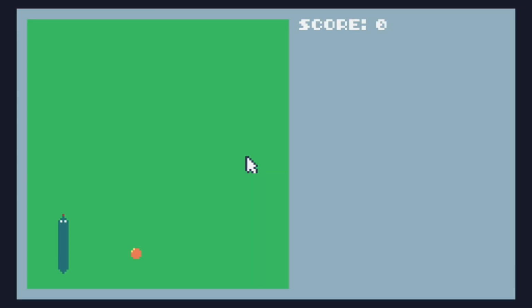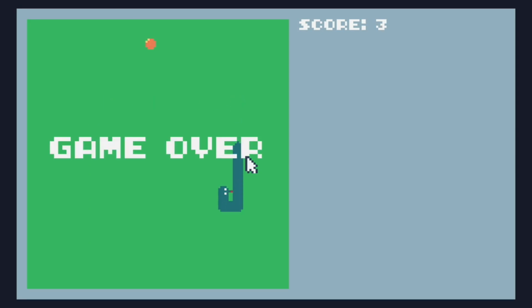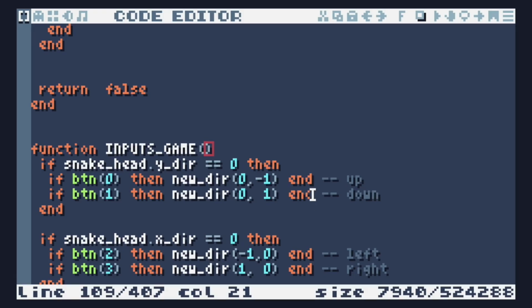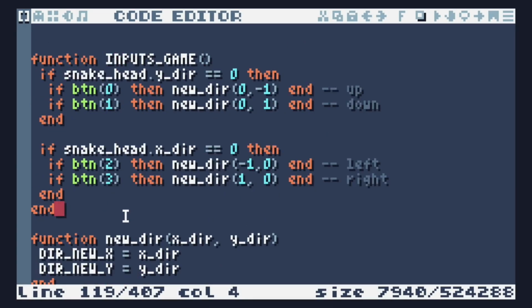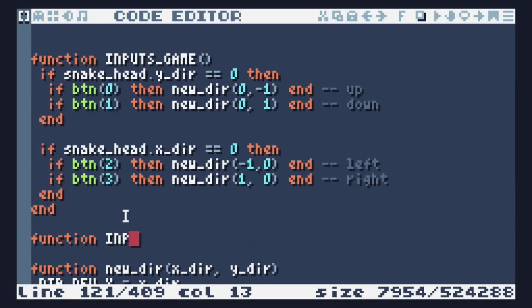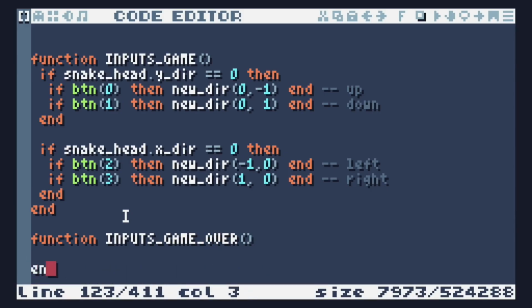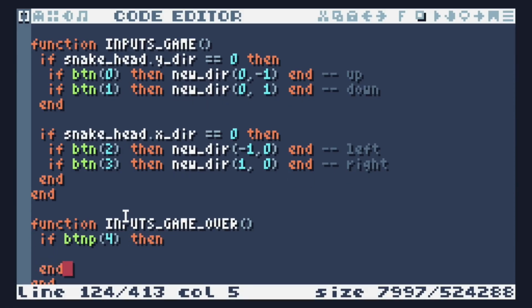Let's just make sure everything still works the way it's supposed to. Catch the fruit, catch the fruit, catch the fruit, kill ourselves. Okay, everything still works perfectly. But it means now we can do inputs game over. And in here we can just go if button press, the one of the buttons 4. I don't know which one this is. Then